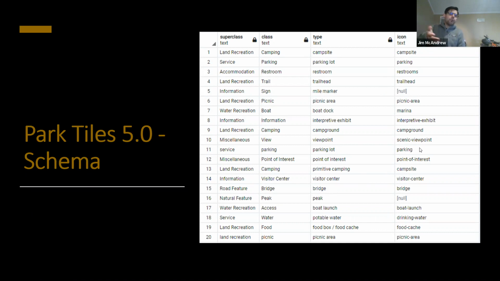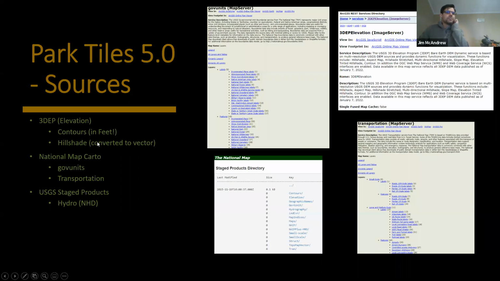And for points, we have icons. For roads and stuff, we might have road width and different information that would just drive that. And a lot of that can also be made in the styling of the map itself. So some of these new services that we're using are probably familiar to, well, definitely familiar to everyone in the